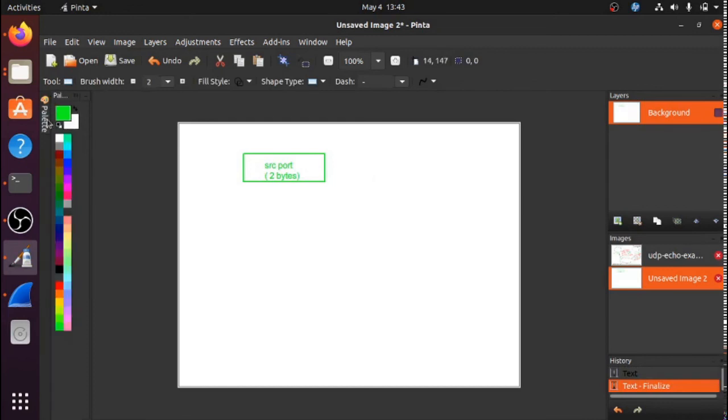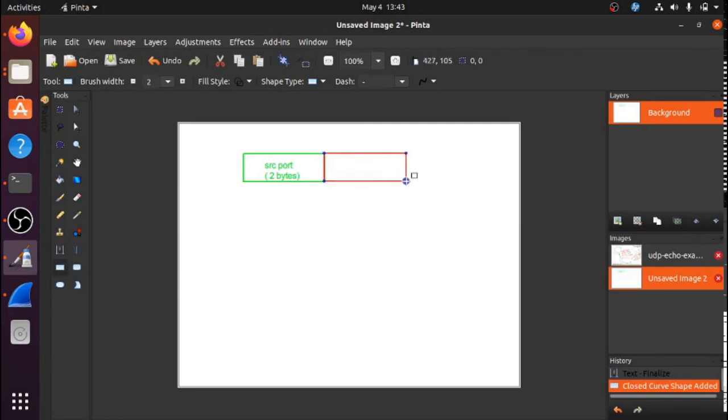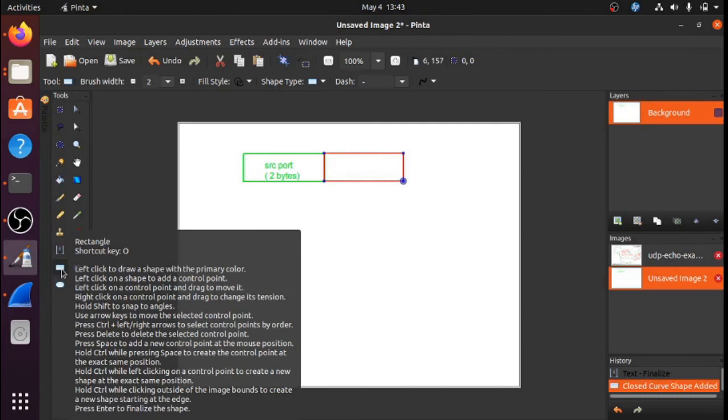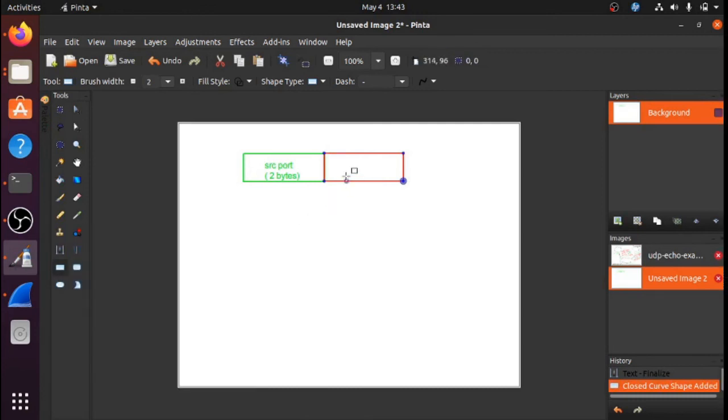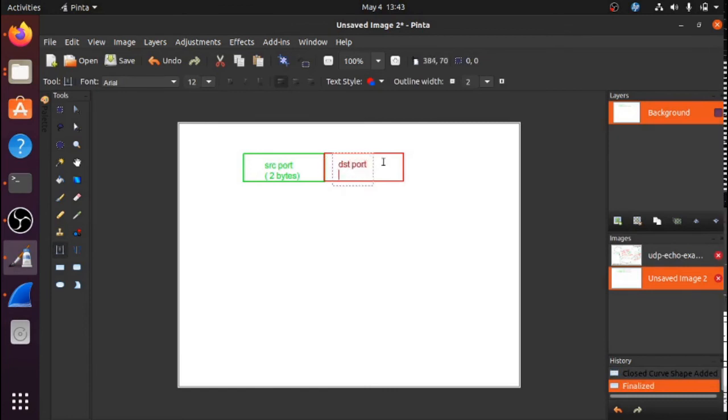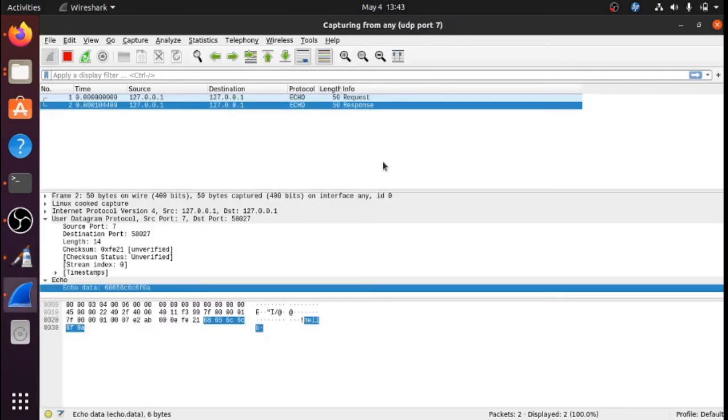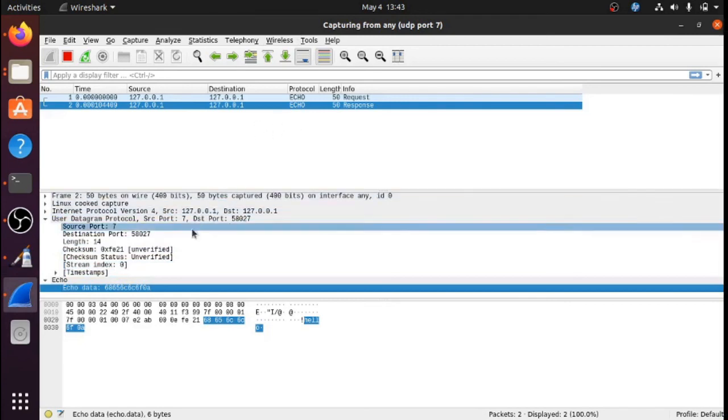Take some other color, red probably. This is the destination port. What's the size of the destination port? Same as the source port, is it not? So this is the destination port, and this is 2 bytes. Where are we getting this? We are getting it from the Wireshark program.